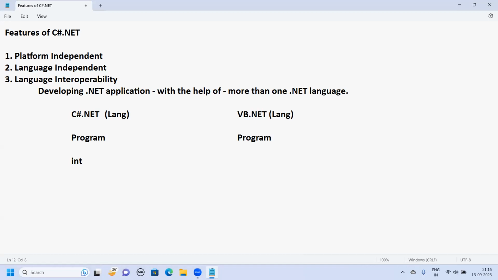And what did I use? I have used one data type called integer. Okay. And especially when I go with this concept, what we come across to study is, for example,